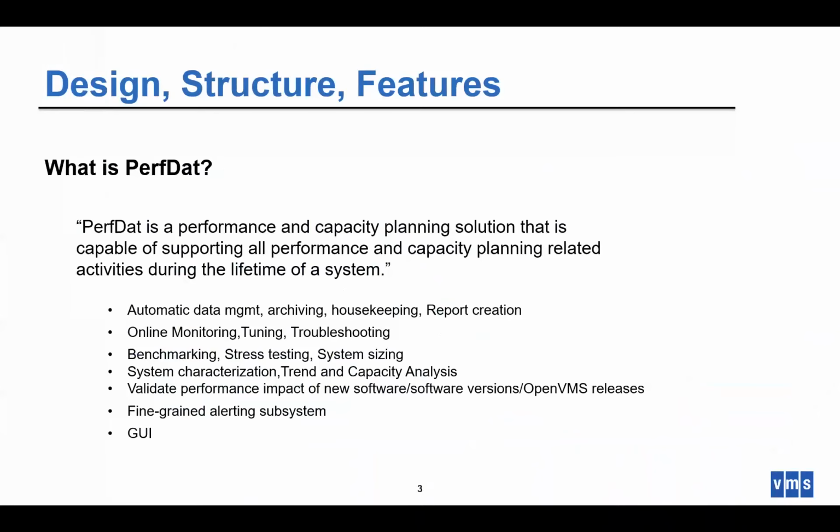So what you get with PerfDat is a data management and archiving solution that does housekeeping as well. It will automatically create all sorts of reports based on the raw collection data. You can use it for online monitoring, of course. You can tune your system, you can troubleshoot particular performance issues, but you can also use PerfDat and its reporting